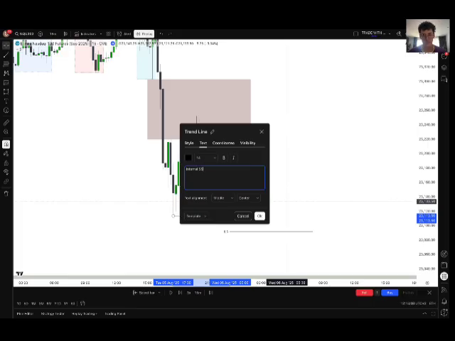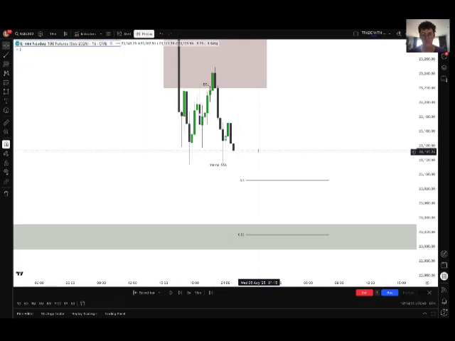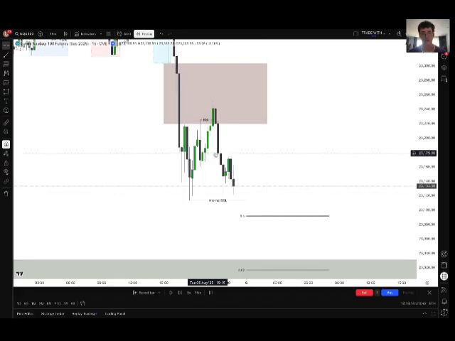I was not targeting the 4 hour gap because it's too much, okay? One to one forward is enough. So now we can see that we retraced inside 0.5 equilibrium of the range, okay? We have hit the 1 hour fair value gap, we have inversed two bullish 15-minute gaps. All I want to see is a retrace inside one of these 15-minute bearish gaps. So as you can see here, we have created a 15-minute gap. Perfect. If price retraces, most important, we do not want to see price inverse that bearish gap. We want to see price holding that fair value gap.